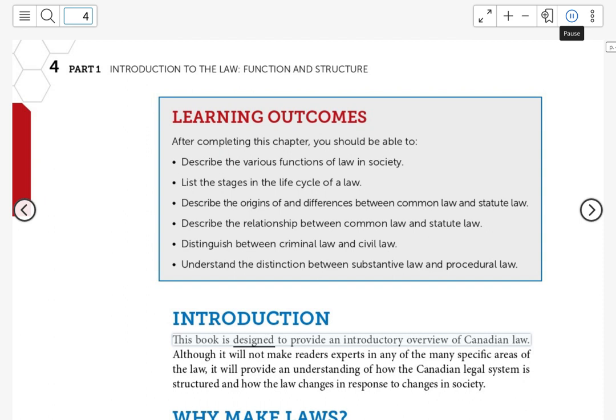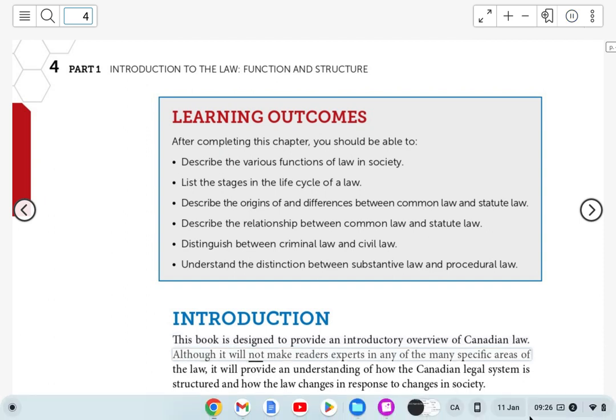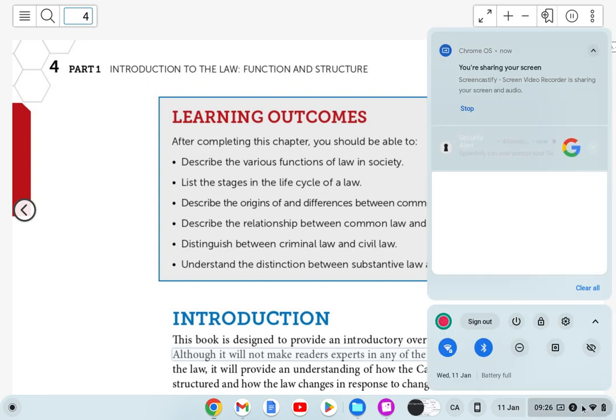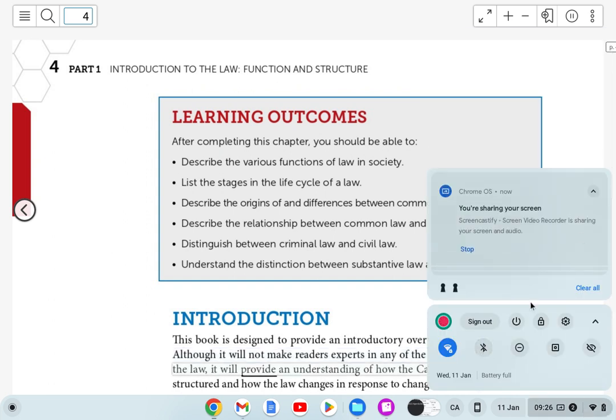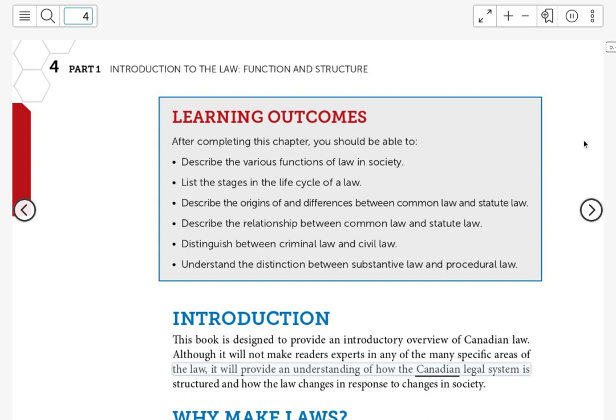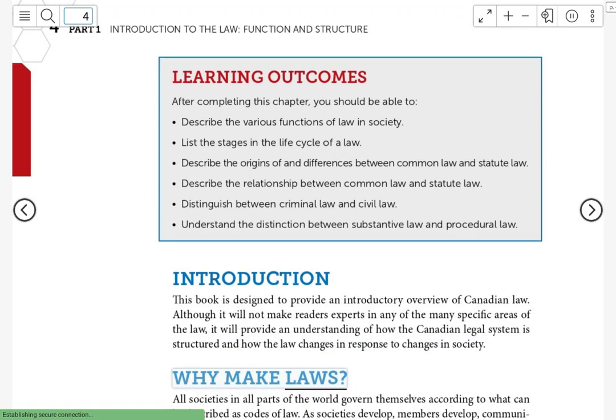This book is designed to provide an introductory overview of Canadian law. Although it will not make readers experts in any of the many specific areas of the law, it will provide an understanding of how the Canadian legal system is structured and how the law changes in response to changes in society. Why make laws? All societies in all parts of the world govern themselves according to what can be described